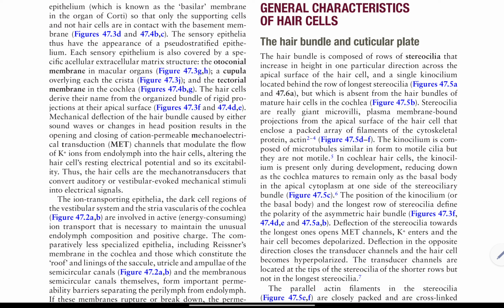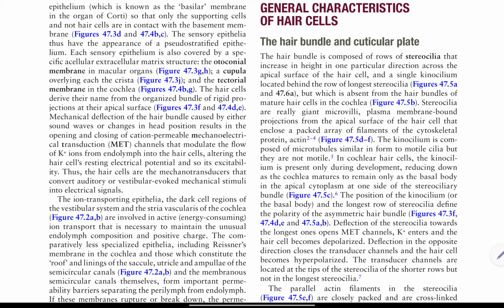The kinocilium is composed of microtubules similar in form to motile cilia but are not motile. In cochlear hair cells, the kinocilium is present only during development, reducing down as the cochlea matures to remain only as the basal body in the apical cytoplasm at one side of the stereociliary bundle. The position of the kinocilium or the basal body and the longest row of stereocilia define the polarity of the